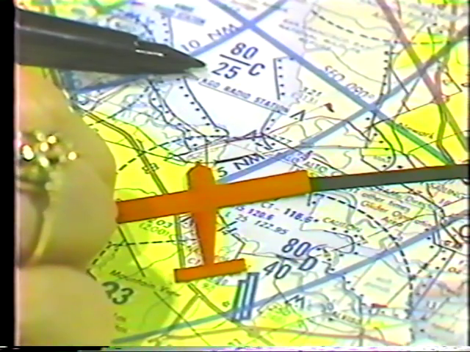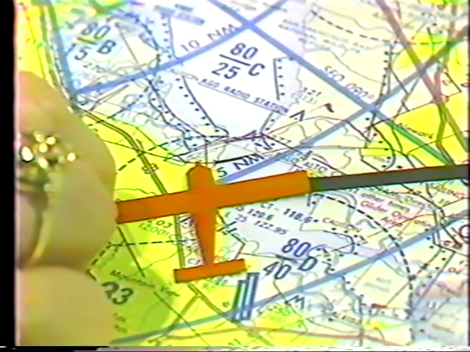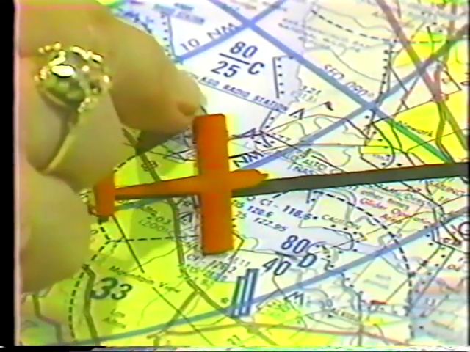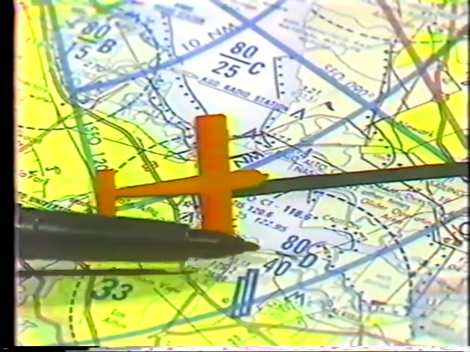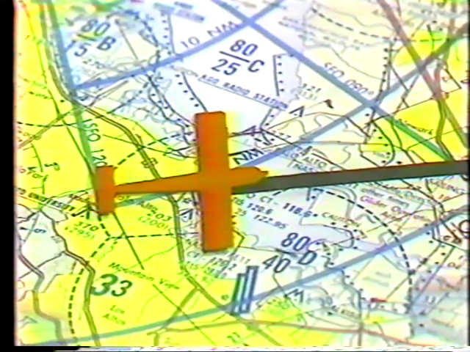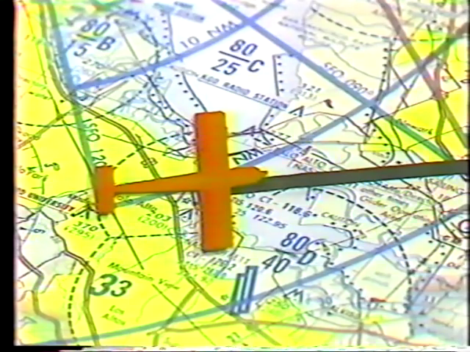But since we are climbing from an airport with an elevation of 25 feet and will be making a right turn at 400 feet of altitude, our standard departure, we will soon be into segment D. Thus, a cruising altitude of 3,500 feet will be satisfactory for the flight to Antioch.